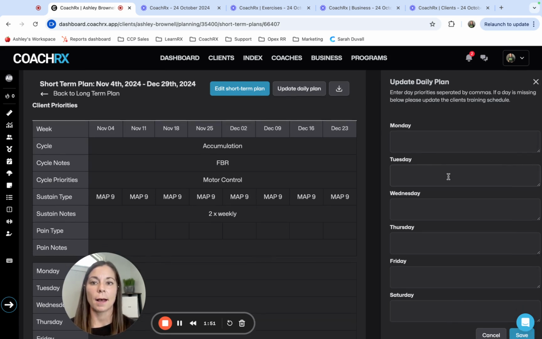So for example, I'm just going to keep this simple for us. So I'm just going to do FBR. Typically here, I might put movement patterns like squat with a horizontal pull. Maybe I'm going to do a hinge with a vertical push. Maybe I'm going to do some accessory work based on things that I noticed from that client's assessment. So I'm going to do FBR Monday, Wednesday, Friday, and then maybe that's Thursday. And then maybe we're going to do easy aero on Tuesday,